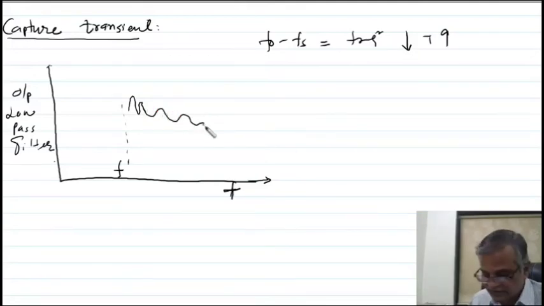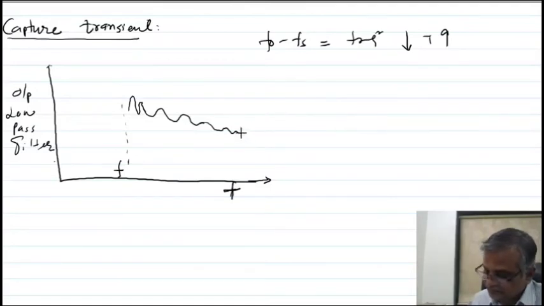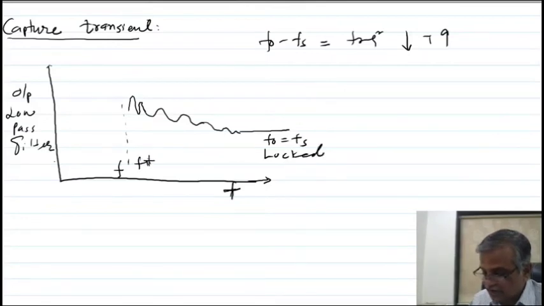This periodic time increases gradually at every cycle, and when FO becomes equal to FS, then this is called lock. What is called lock? You will get zero output voltage at the low pass filter, and the circuit is said to be locked. This is your lock, within the FS in range.